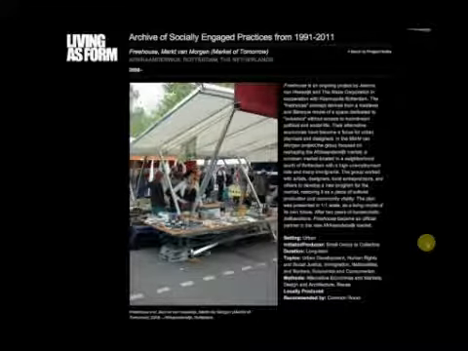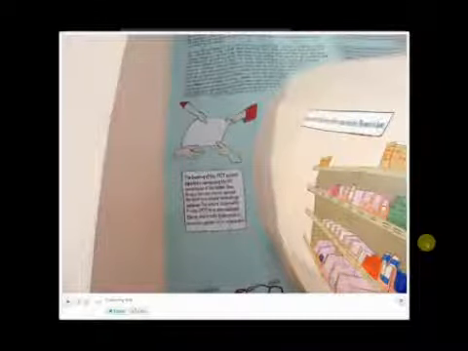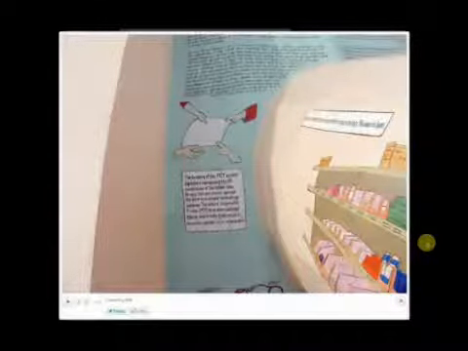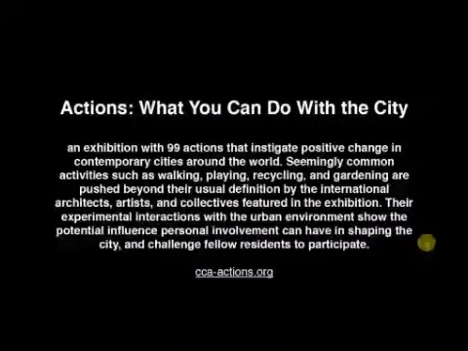And actions, what you can do with a city. It's another exhibition, but the call is the Canadian Center for Architecture, and it was looking to make a sort of definition with actions, urban actions, and experimental interactions in the city, and how people can get into actions and